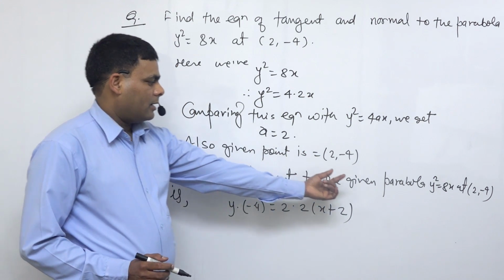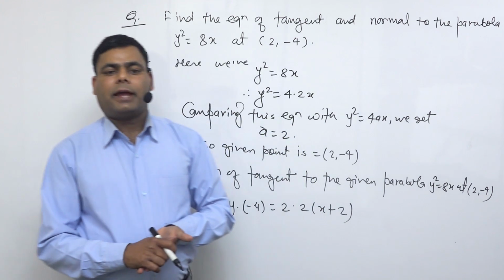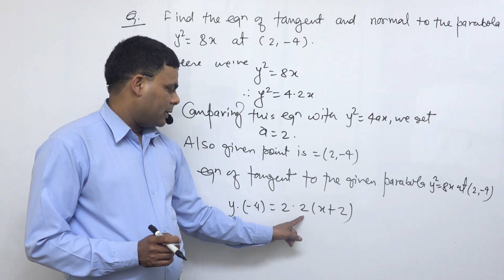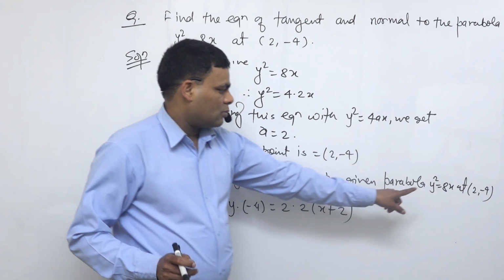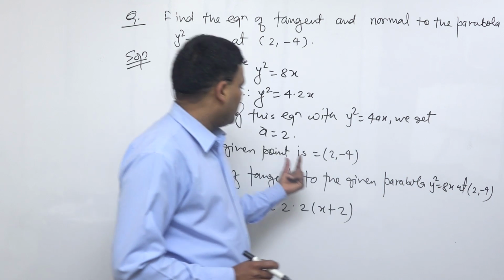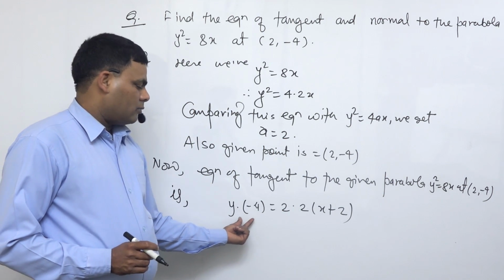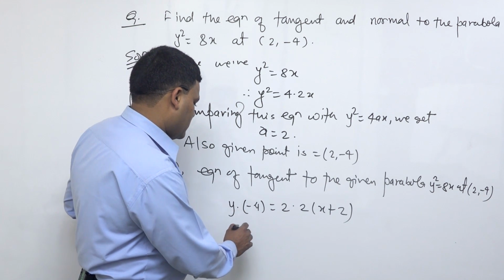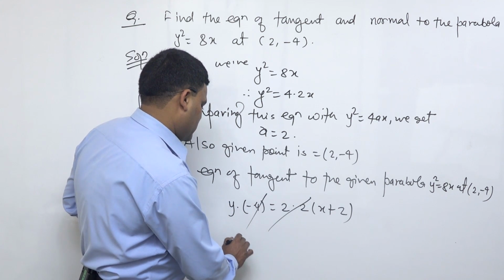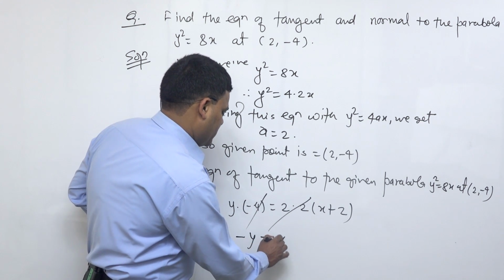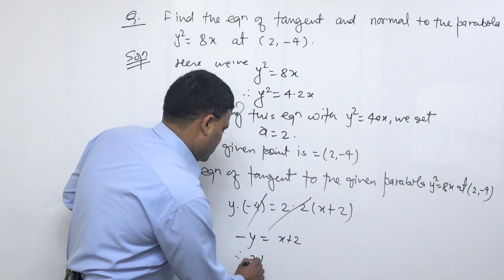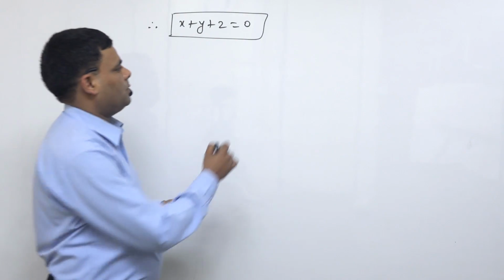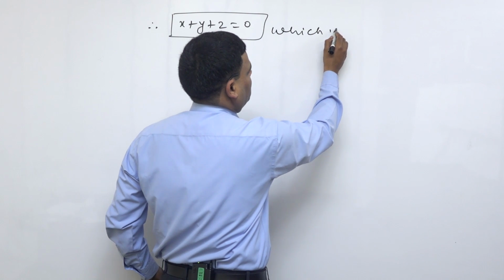The equation of tangent to the parabola y square equals 4ax at (x1, y1) is y y1 equals 2a into (x plus x1). Here the point is (x1, y1) and the value of a is 2, so y into y1 equals 2a into (x plus x1) is the equation. On simplification, the 4 cancels with the 4, and we get minus y equals x plus 2. Therefore x plus y plus 2 equals 0, which is the required equation of